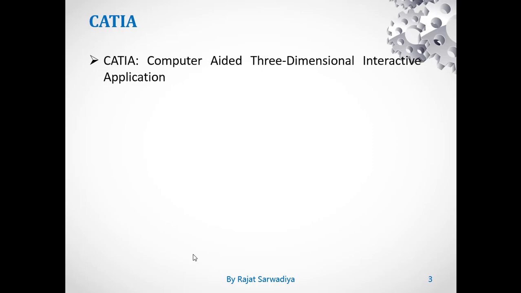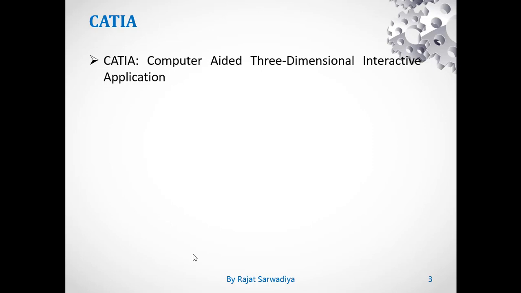For example, if you are working in the part design environment and any critical shape comes into the picture which is actually easy to create using the surface design environment, then CATIA is the only software which allows you to switch to the surface design environment at any time. You can create that critical shape there and come back to the part design environment and continue your work. So the software allows you to interact between the environments as well. That's why it is Computer Aided Three-Dimensional Interactive Application.